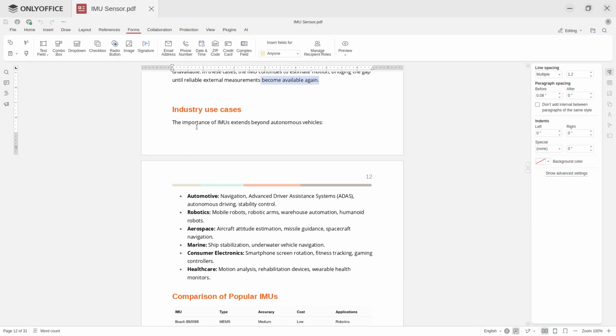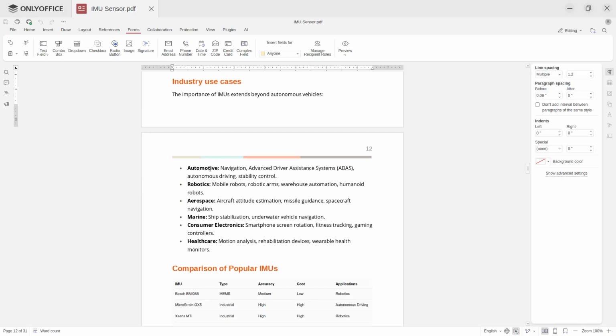So, industry use cases: the importance of IMUs extends beyond autonomous vehicles. Automotive: navigation, advanced driver assistance systems, autonomous driving. Robotics: stability control, mobile robots, robotic arms, warehouse automation, humanoid robots. Aerospace: aircraft, attitude estimation, missile guidance, spacecraft navigation. This is attitude; altitude is wrong. Marine: ship stabilization, underwater vehicle navigation. Consumer electronics: smartphone screen rotation, fitness tracking, game controllers. Healthcare: motion analysis, rehabilitation devices,